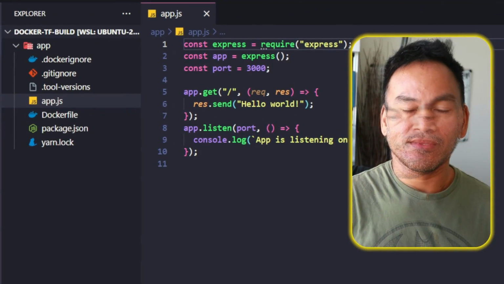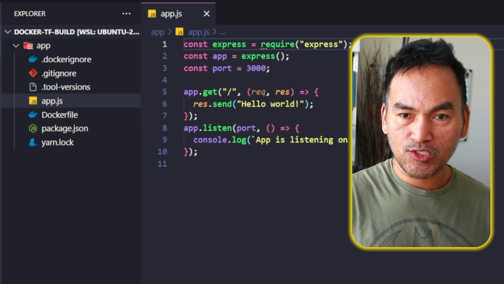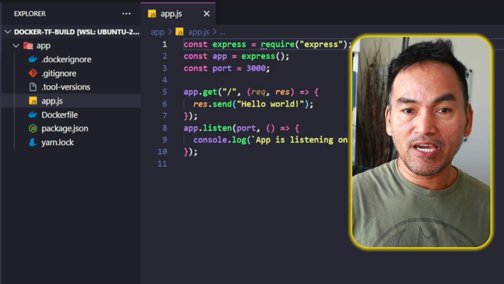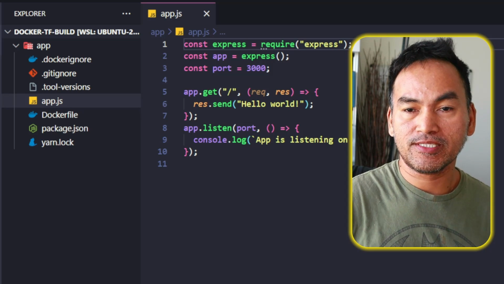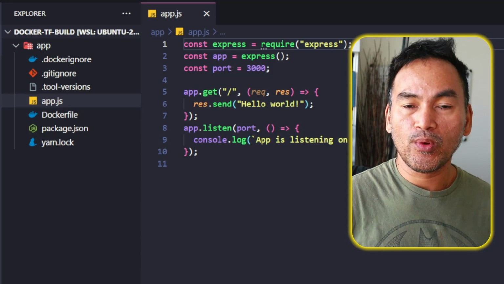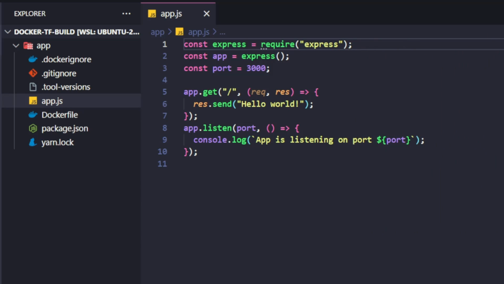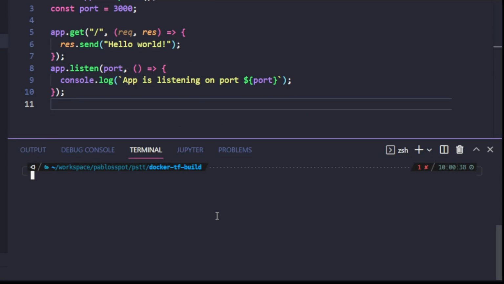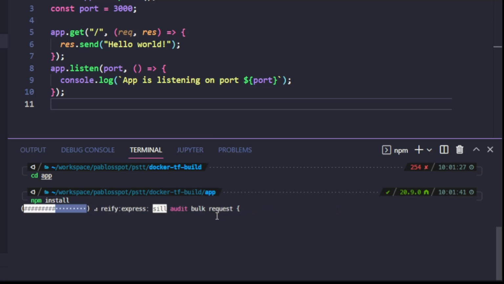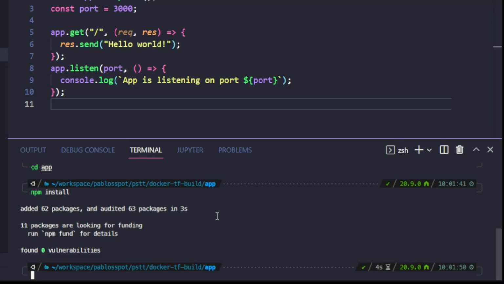So let's switch to my VS Code to investigate on this further. Without going through my application in too much detail, I have here a simple Express application that simply writes "Hello World" when the endpoint is accessed. If I head to my terminal and start installing all the dependencies for my Express application, and then run this Express application,